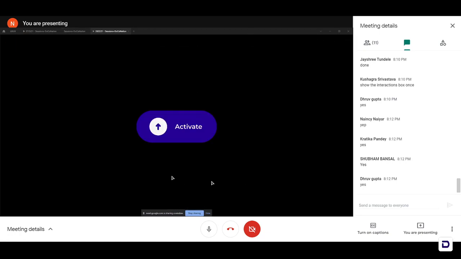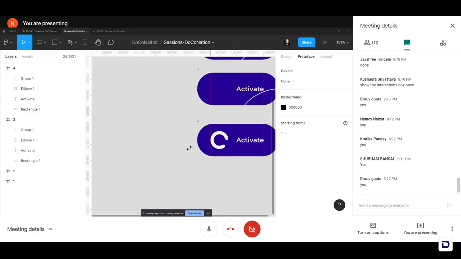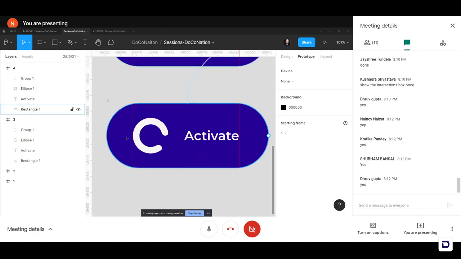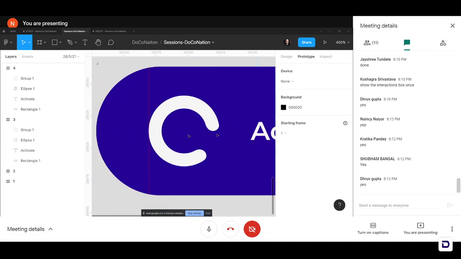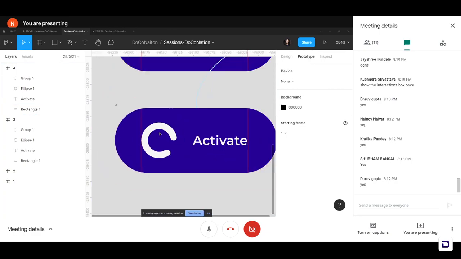Okay, so this is the initial frame, and when I hover over it, it shows me a tick mark. When I click on it, it fades and the loader appears. So now all we have to do is animate the loader. Before that, again, if you guys are facing trouble with making this little loader by using the arc properties and all, let me know so I can repeat it.